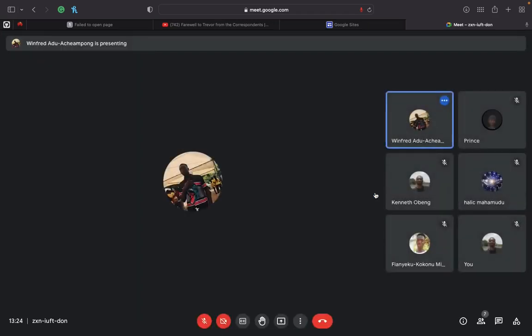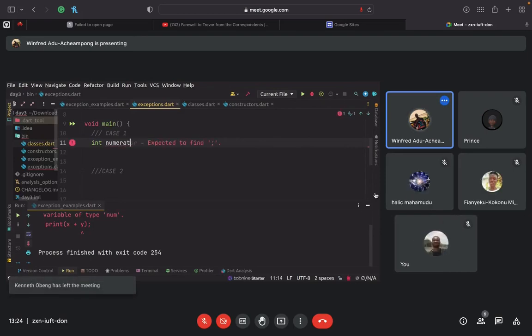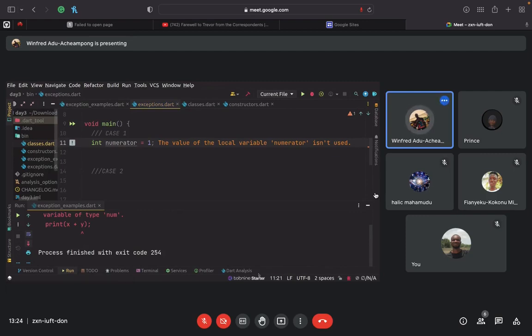Division by zero exception. So let's say we have an integer, let's say numerator, and let's not forget that we have to always bring a try block before we can bring a catch or an on block. You can't catch an exception without the try block. The try block always has to be there. So we first have to bring the try block. Let's do that first. So let's try,